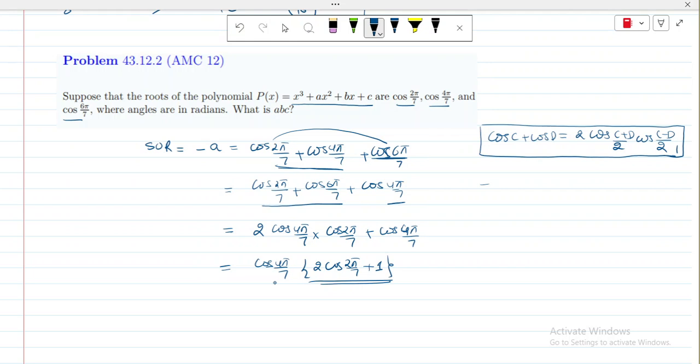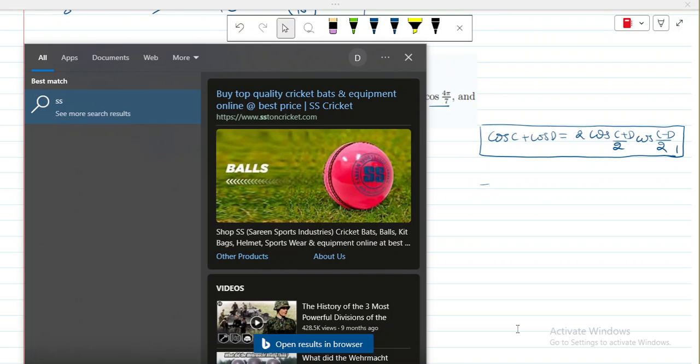2 cos 2 pi by 7 plus cos 0. Cos 0. Anything else? So 2 cos square A. 2 cos. 2 cos